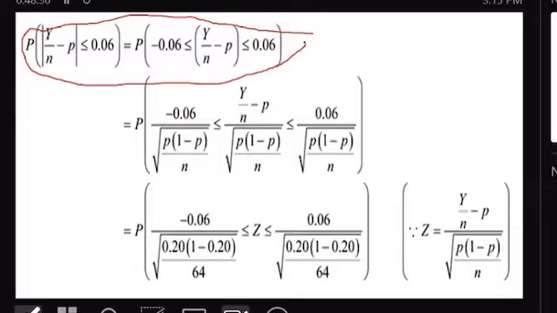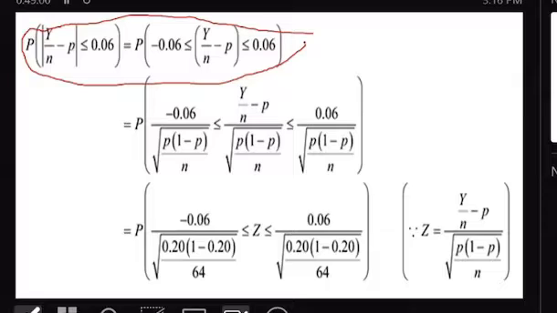And let me tell you this. When you are dealing with proportion, your mind should be on Bernoulli. What is the variance in Bernoulli? It is P times 1 minus P. If a random variable Y follows Bernoulli, what does it mean? The expected value of Y for Bernoulli is P. What is the variance of Y for Bernoulli? It is P times 1 minus P.